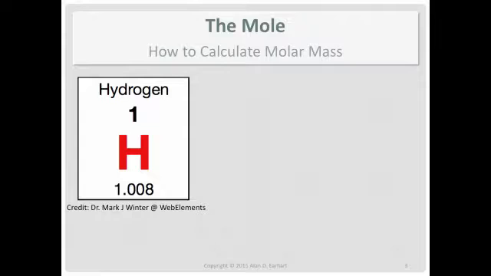So the interpretation I'm using is molar mass, the mass of 1 mole. So if you take 1 mole of hydrogen, the mass on average is 1.008 grams. That's the way you should think of it when you're doing calculations, because that will help you keep the unit straight. This is the way it's usually reported.